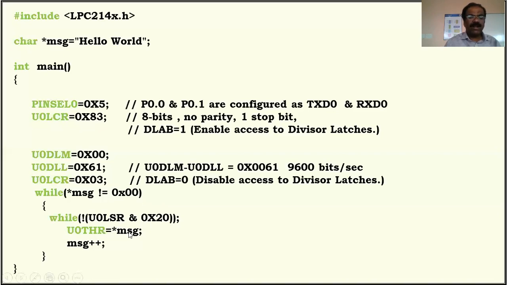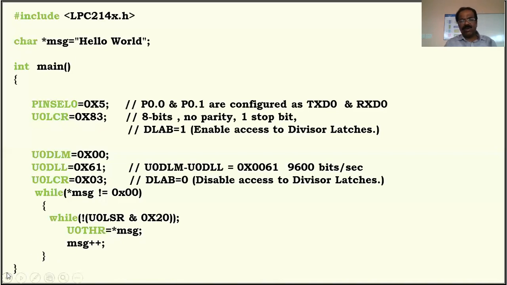Now we are writing the new character L into THR. It starts transmitting. Once we write the new character into THR, it automatically starts transmitting. Just we have to monitor this particular thing. That's very, very important. You have to monitor here. Then increment. You have to repeat the same thing. We know that at the end, by default, there will be a null. So after encountering this null, it comes up. It will stop the program.